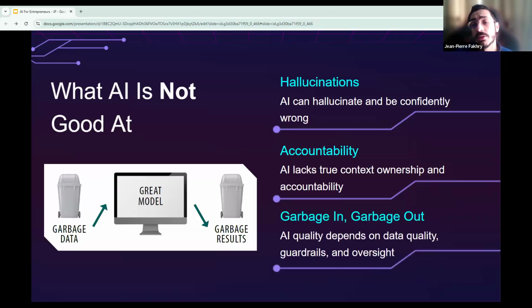Now, also, the third is the classic rule. This is a very important rule for us AI engineers, which is garbage in, garbage out. So if the data that you train or you prompt the model on is incomplete, is biased or outdated, or it's faulty data, the outputs will be too. All right. So, for example, let's take a fraud detection model that is trained mostly on one type of transaction. It will miss new fraud patterns completely.